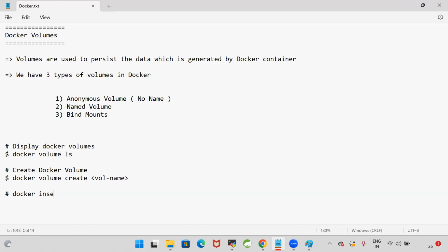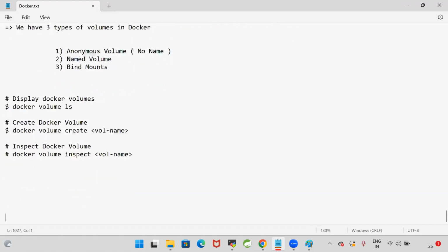You can go for docker volume inspect to check what details are available in that. Inspect the Docker volume. You can delete that particular volume. Remove Docker volume. For that, we can use a command called